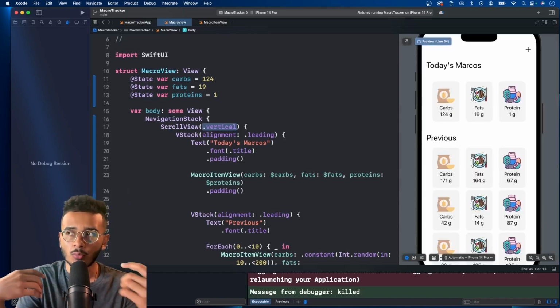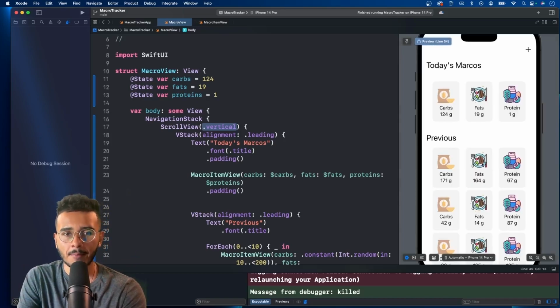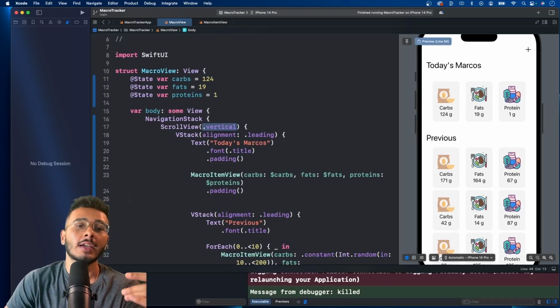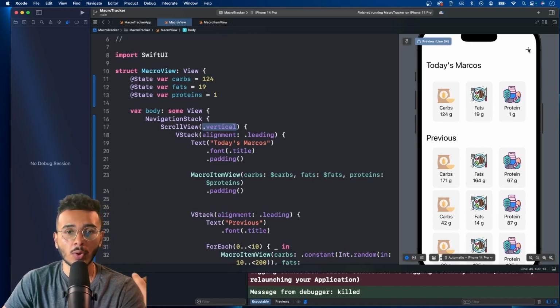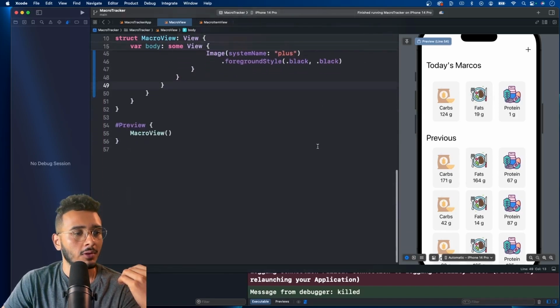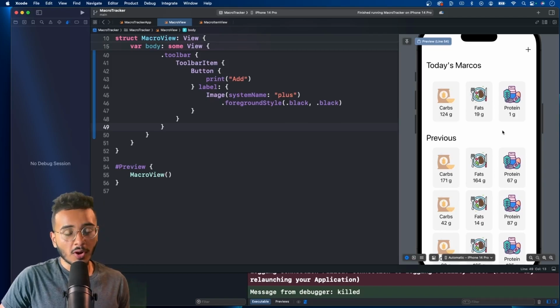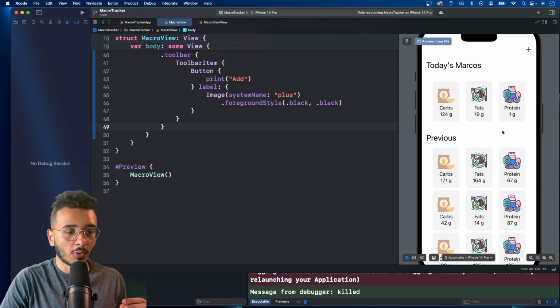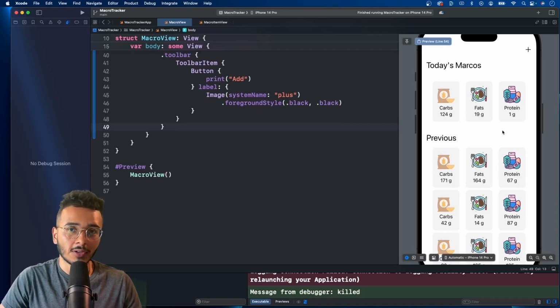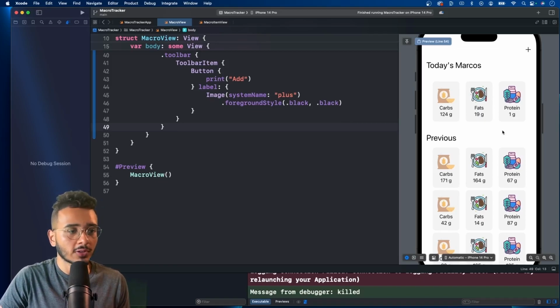I just wanted to really quickly get set up with some UI. And in the next video, we're actually going to bring in OpenAI and start handling what we're going to do when we want to add a new macro. So the way it's going to work is OpenAI has something called function calling, which will actually return you some JSON depending on what the user sends. And you can set up your